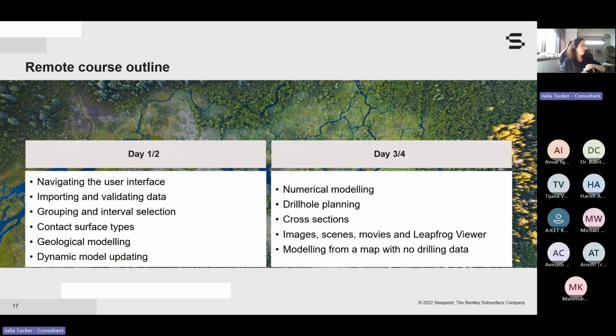So a little bit about our course outline now. We are going to, in this first and second day, navigate a little bit on the user interface, import our data and validate that, because this workflow that we are going to use, you are going to use in your data too. Why? Because this is always the same steps for the validation. So you're going to insert your data, you're going to validate that, import and validate,